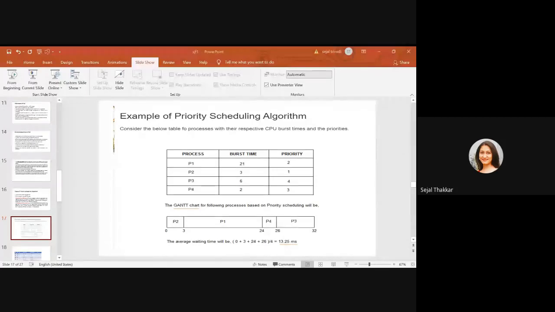Now P1 is having priority 2, but P1 only arrived. Lesser priority still not arrived in the ready queue. So we need to proceed for the P1, and P1 is having burst time 5, right? Okay, now we can check it out one by one. P1 can proceed for 1 unit. At arrival time 1, nobody came. At arrival time 2, nobody came. At 3, nobody came. At arrival time 4, yes, P2 came.